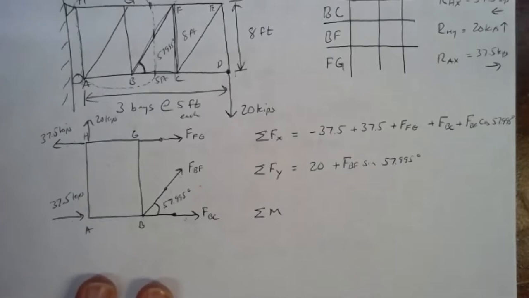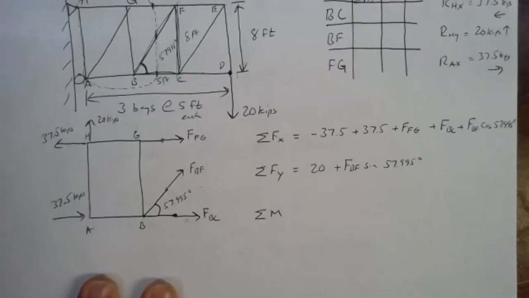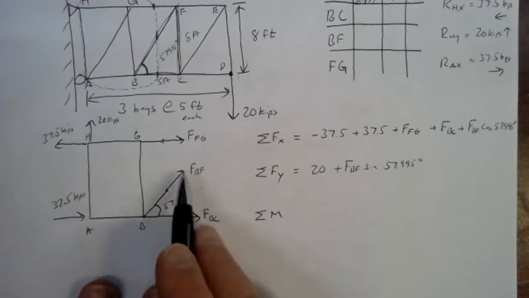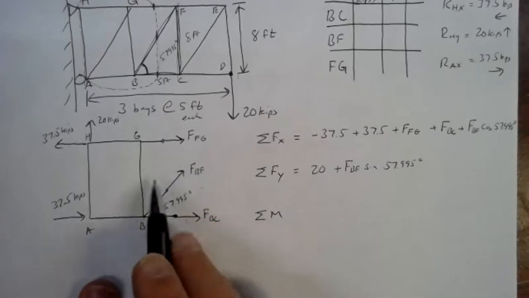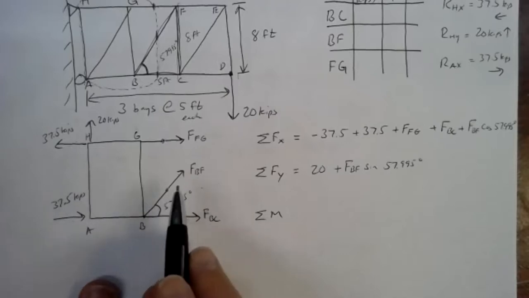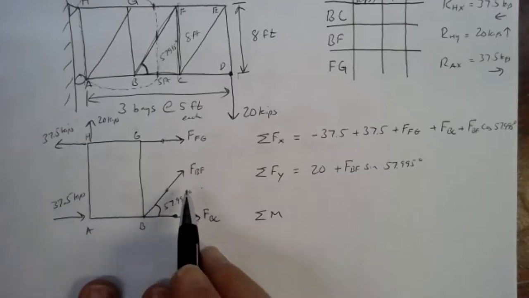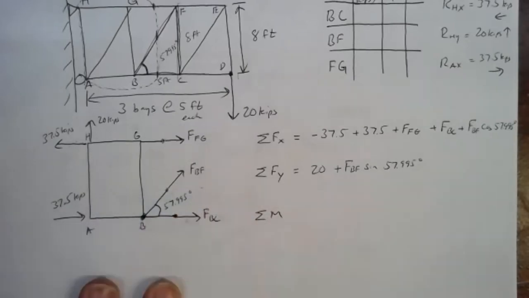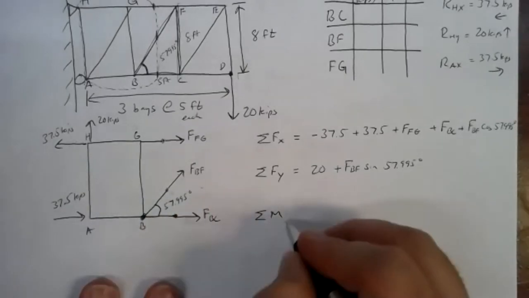And then we've got our moment equation. You really have to be careful when picking your pivot point for the moment equation in method of sections. There's always going to be a point that works out to be best. And you always want to avoid having whatever unknown forces are at angles have a moment. The easiest way to avoid those having a moment is to pick your pivot point there. I would pick point B as my pivot point.